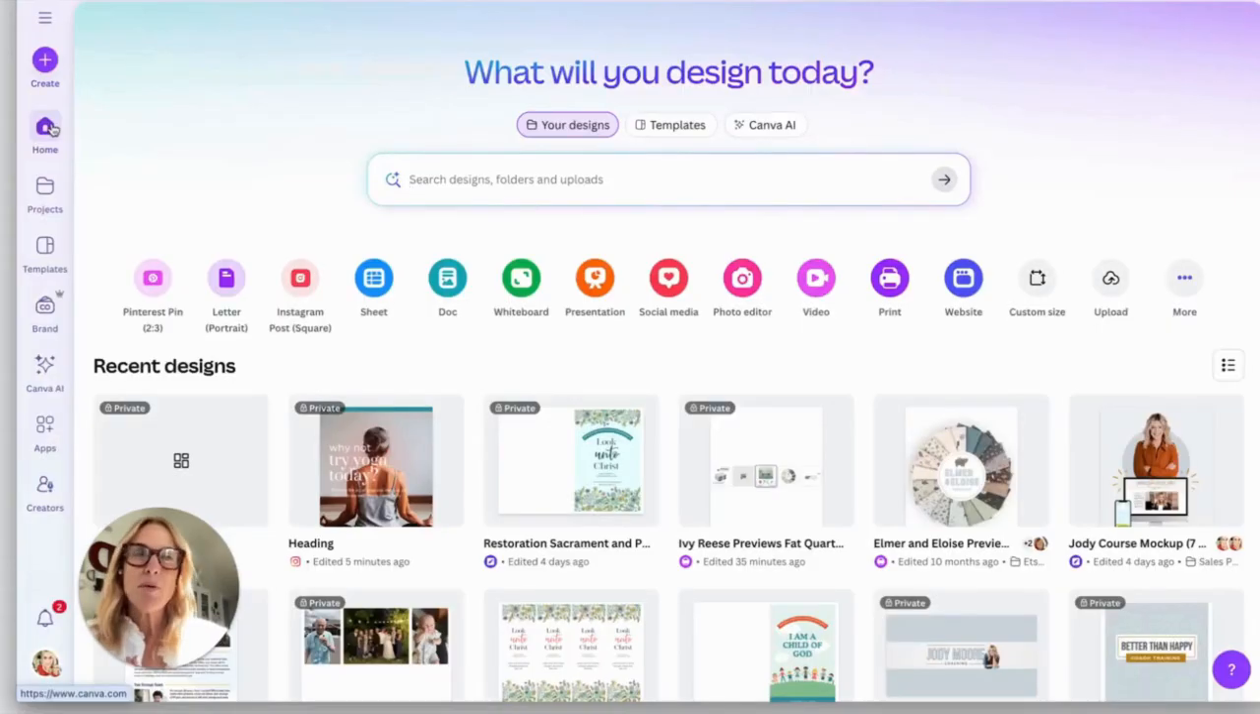on brand for you. Before we get started with this, I am recommending that you have your Canva brand kit set up. That is a Canva Pro feature. I will link a video showing you how to set up your brand kit if you don't already have that